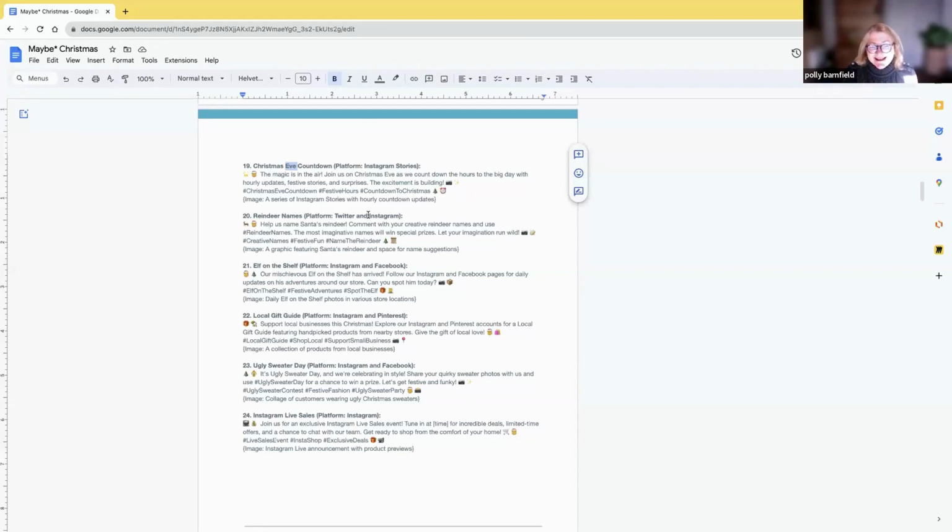Reindeer names, I like that. Again, why does this work? This works because you're going to get people commenting. And what does people commenting on your content do, Hannah? It makes your content more visible. People can see that others are engaging with your posts, so they want to know what it's all about, and then you're more likely to see more people engaging. Obviously, the algorithms within social media platforms, if you get people talking on your content, your posts are viewed more favorably and therefore more likely to be seen by more people.